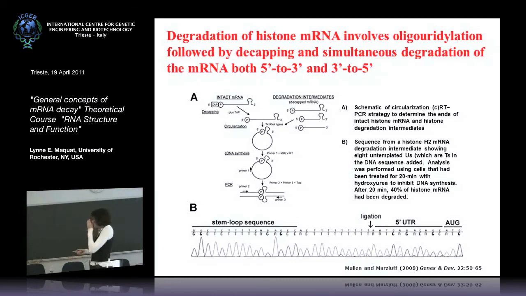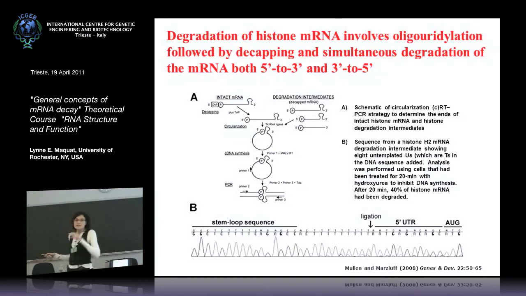Remember how I said the exosome, so there's no deadenylation, there's no poly A. How does the exosome get going on this? There's no unstructured 3' end. What the cell does to degrade histone mRNA at the end of S phase is to add some U's, unstructured U's, and then the exosome can get going. And this is a very nice approach to figure out what is at the 5' and 3' ends of decay intermediates in the cell. And briefly, the mRNA is treated with tobacco acid pyrophosphatase, which removes the cap, and then